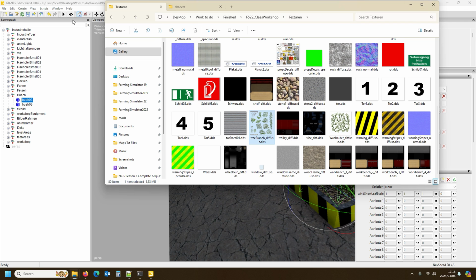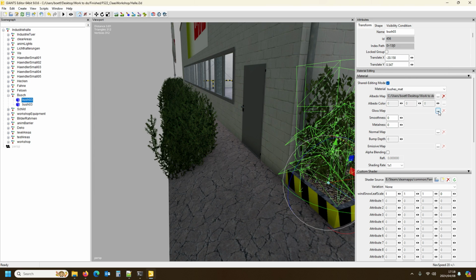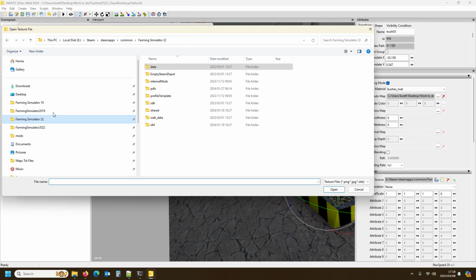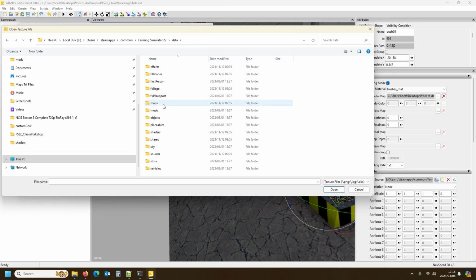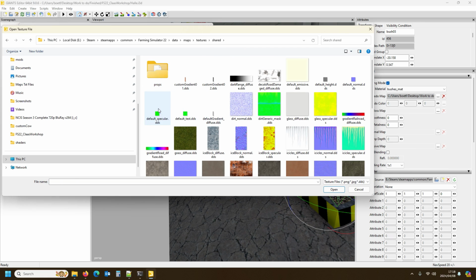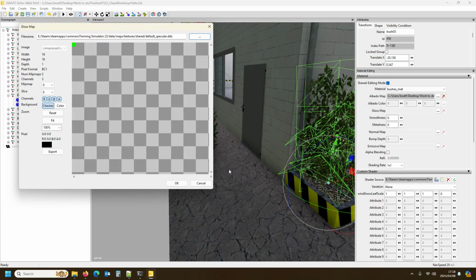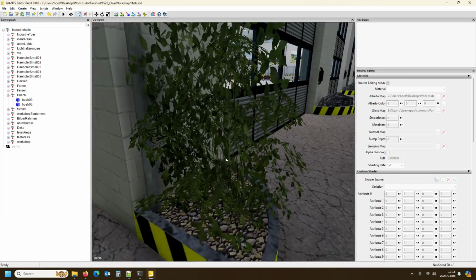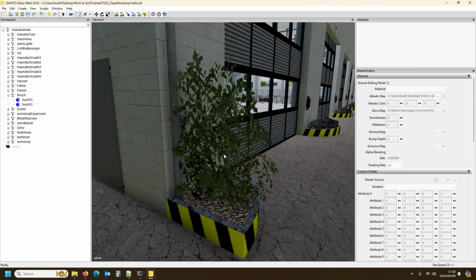So simple and easy, guys. If there's no specular, just add for it a default specular from FS22 data maps, textures, shared, and then find default specular. Open it up, check it out. Make sure that your branches and stuff look good. And what this does, normally if you press play,